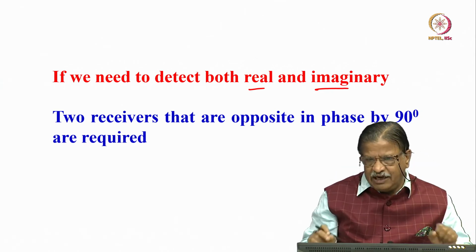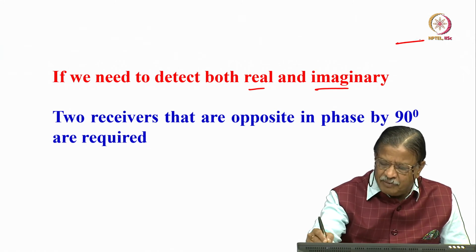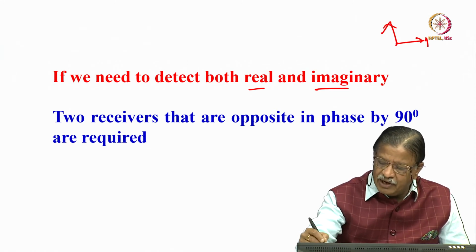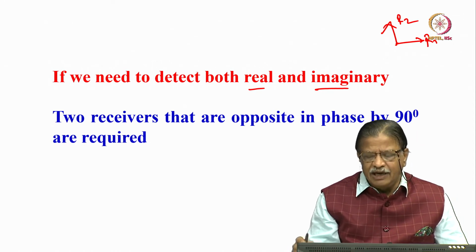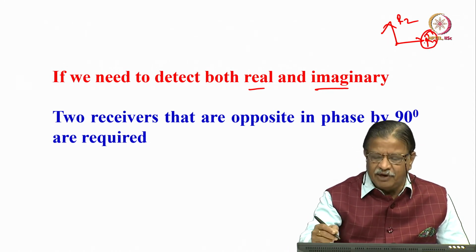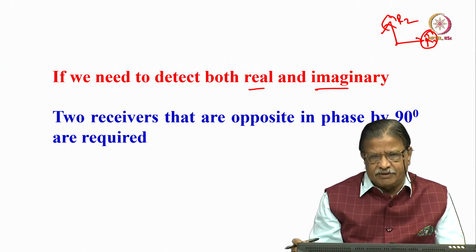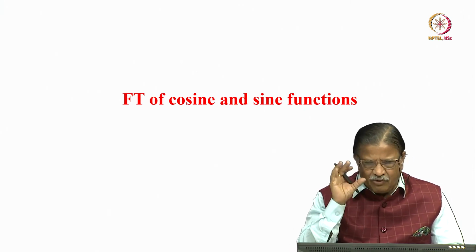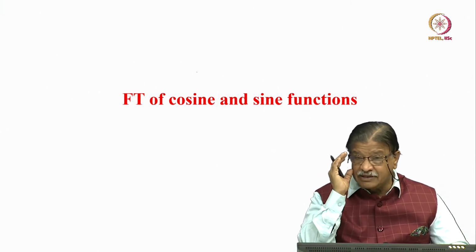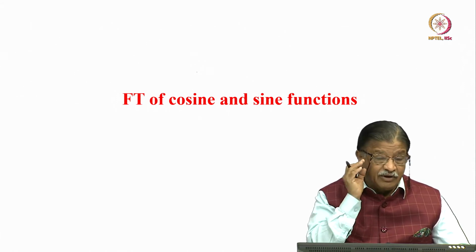I told in our earlier course what is the quadrature detection. I have two receivers kept exactly out of phase by 90 degree. One receiver R1 here, other is R2 here, receiver 1 and receiver 2. Then here I will receive real part, in this receiver I will receive imaginary part of the signal, both I can detect. Okay, that is two receivers are required. So, in quadrature detection generally we do, and they should be exactly out of phase by 90 degree. Otherwise, there will be phase error and we need to correct the phase.